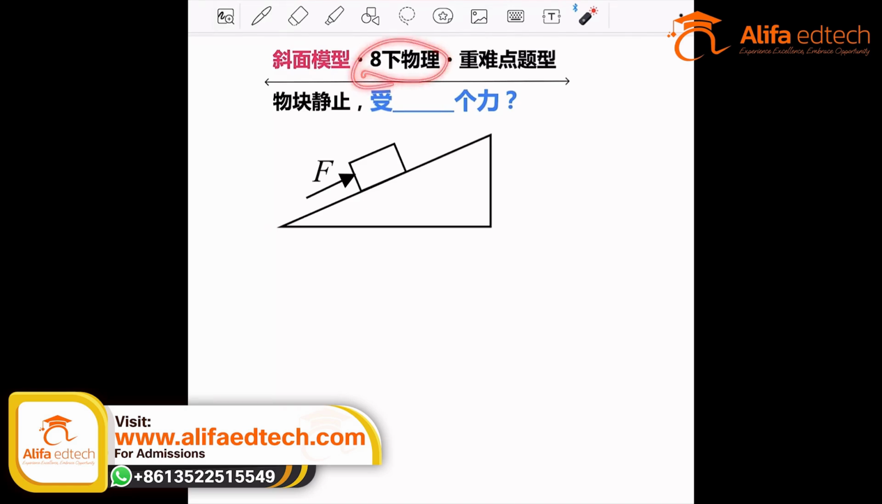Let's look at a common mistake in 8th grade physics: force analysis of a block on an incline. The difficulty for many kids is determining if friction exists, and if so, which way it points. In today's video, Teacher Yiwen will teach you a great trick, the brush method, to help you easily master this